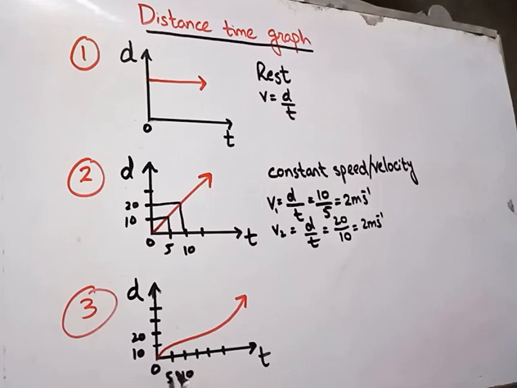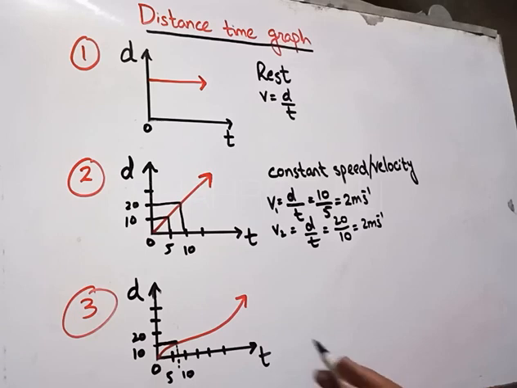Now you want to take any two intervals and find it. Just see, in the first 5 seconds the body has covered a distance, starting from this point. If the body has covered 10 meter distance, this line is meeting with this one, and this interval is lying between 5 and 10. Suppose in 7 seconds the body has covered 10 meter distance.